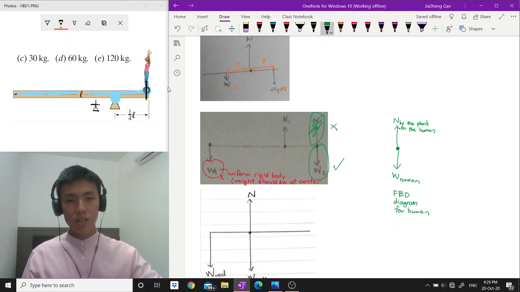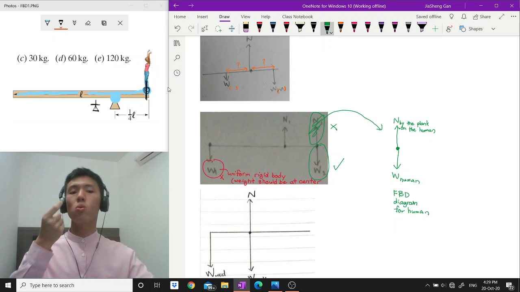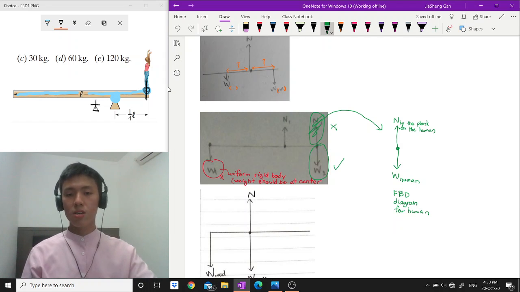This is wrong. This normal force only exists in the free body diagram of the human because it's exerted by the plank on the human. This normal force shouldn't exist on the free body diagram of the plank because there is no upward normal force exerted by the human on the plank. The normal force exerted by the human is pushing downwards, and the magnitude is equal to the weight of the human. Okay, so the next thing is